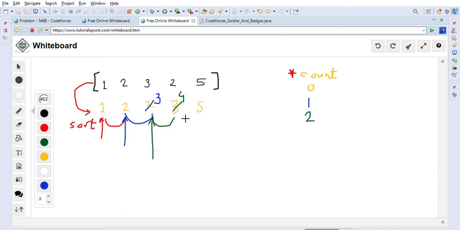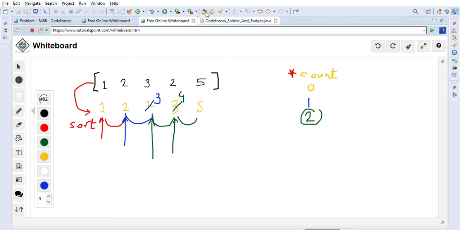After that our pointer will go here, and again it will check this 4 with 5. 4 and 5 are different, so we are good. We don't have to change anything because they are already different. Once we have gone through the whole array, we will check the count value and output it, which is the number of coins required to change the coolness factors so that all of them are different. Now they are distinguished: 1 2 3 4 5. And 2 is the value incurred during this process that we will return.